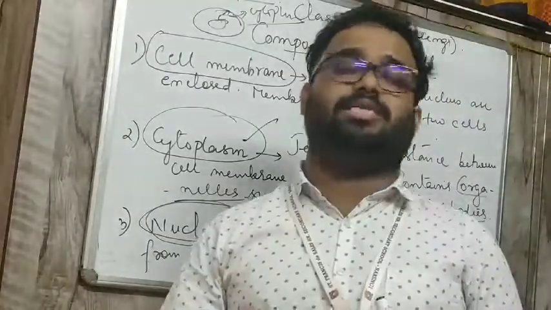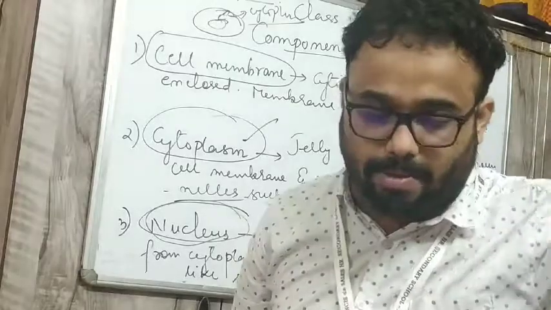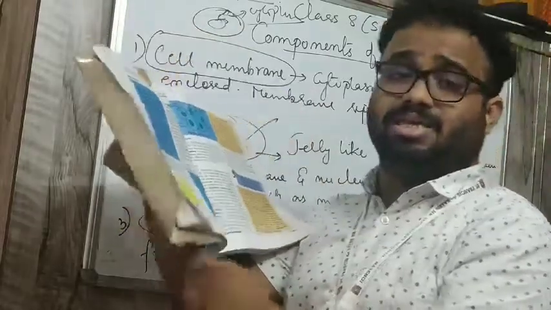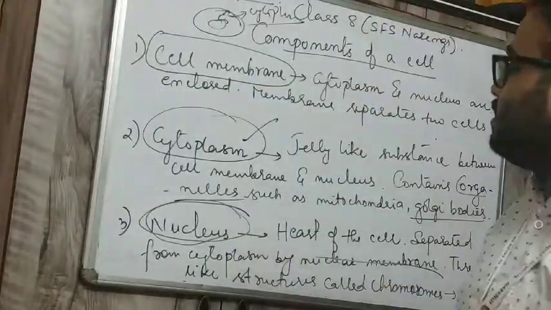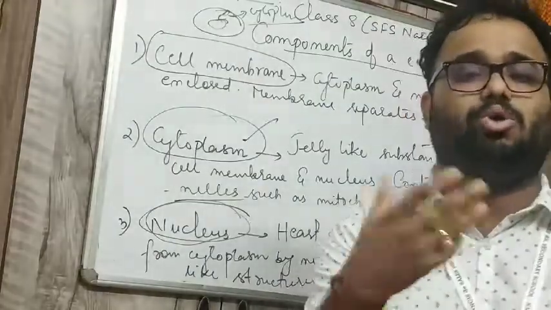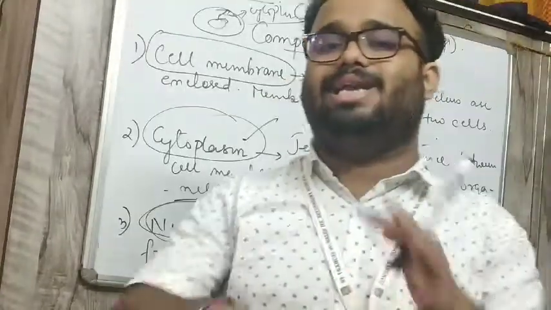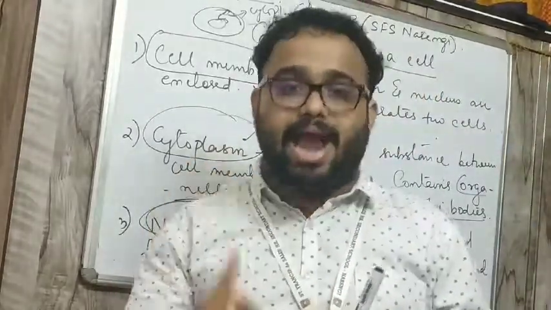We will discuss these parts again later. There is a diagram in your book showing the onion cells of an onion peel, where you need to show the cell membrane, the cytoplasm and the nucleus. On page number 84 you will get the onion peel cell with cytoplasm, nucleus and cell wall. You will do this, and the notes you will also get in Google Classroom. Basically we have three parts: cell membrane, cytoplasm and nucleus. Sometimes the cell wall is also asked. In the next class we will understand the differences between plant cells and animal cells. Today, discuss and write the different parts of the cell and their functions.